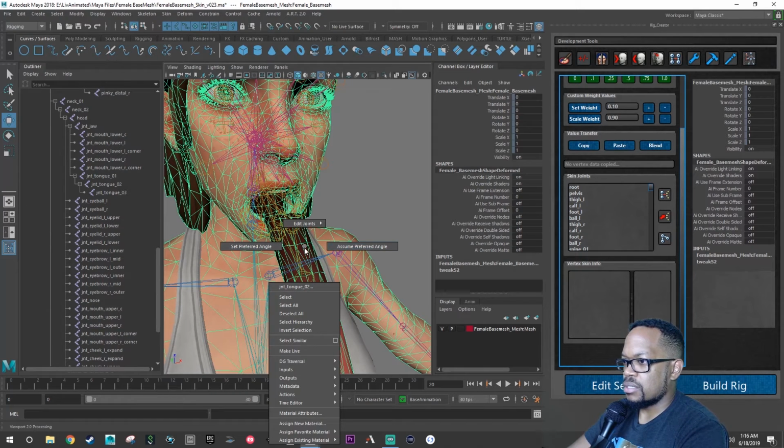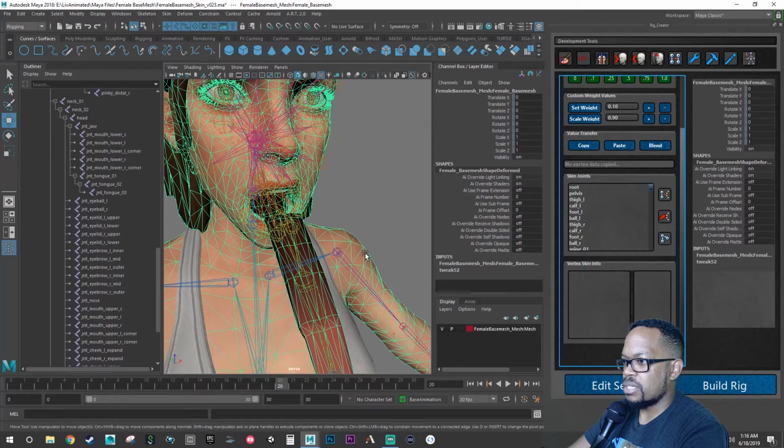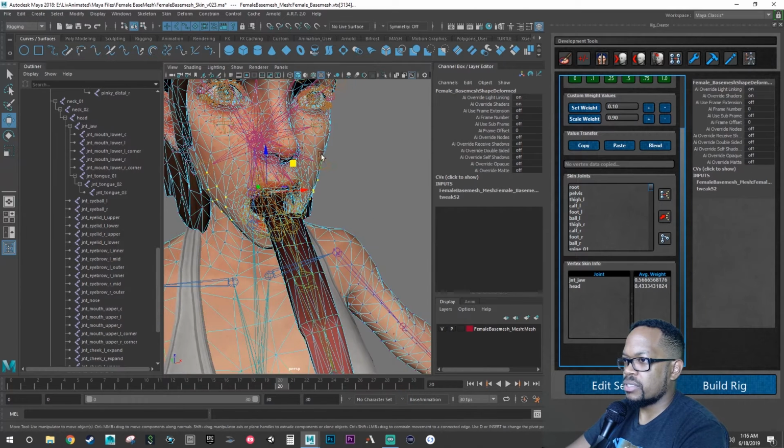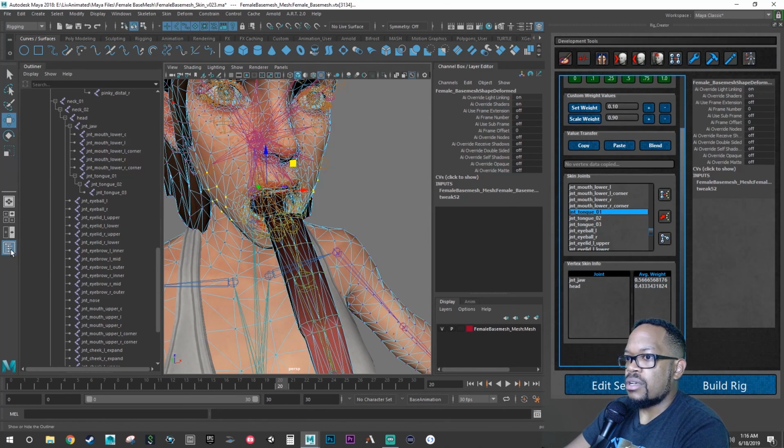So let's select that mesh, go back to vertex. There should be tongue joints on here, I hope. If not, we'll have to do that process over where we save it and then come back. Oh man, I don't see any tongue joints. Oh, there we go. 1, 2, and 3. Perfect. All right, so turn our joints off. We can turn this